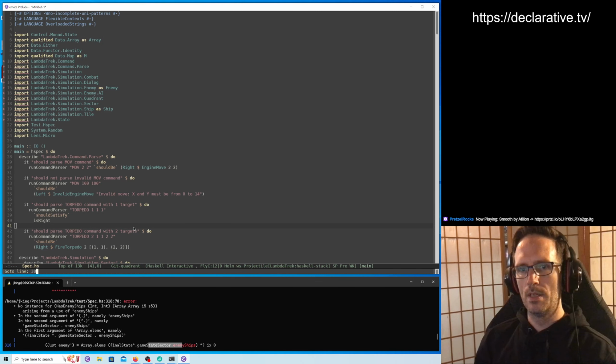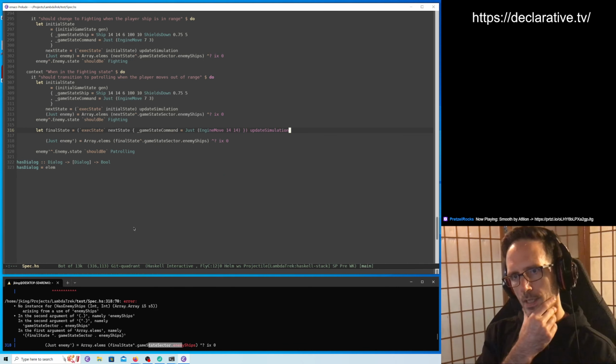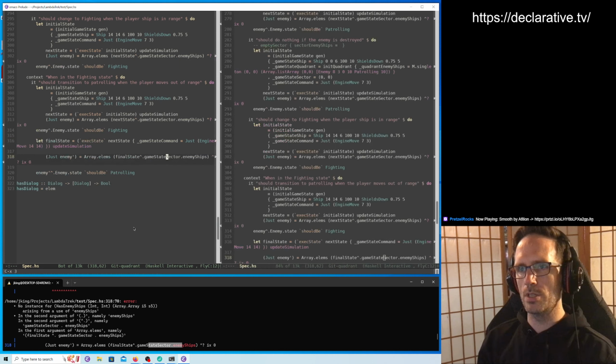318. Because of the way we changed the implementation now of the state structure, which is all exposed in here, this is all breaking down. So in this test here, when in the fighting state, it should transition to patrolling when the player moves out of range. Okay. So we execute the state. Well, this game command was engine move. And then we get the enemy out of here. But this is no longer an array of enemy ships in the game sector. So the way we change that